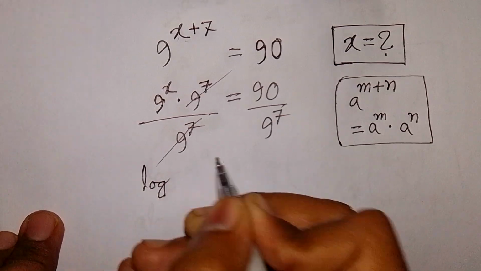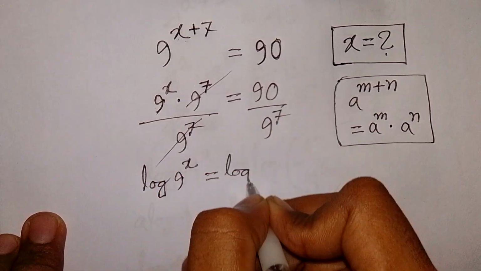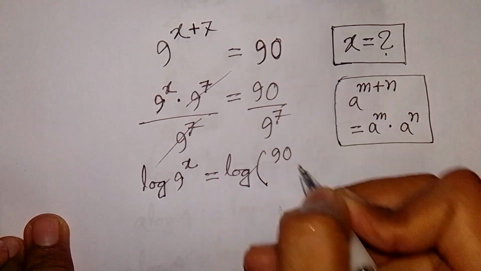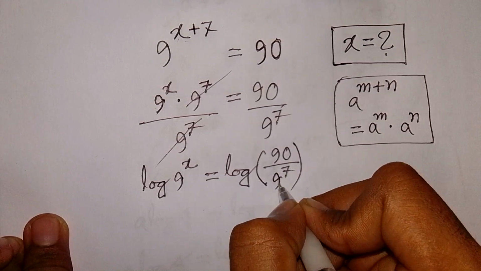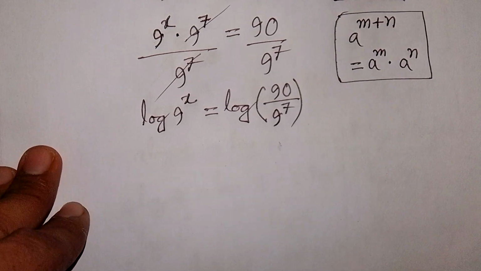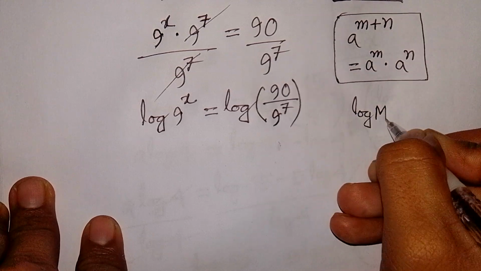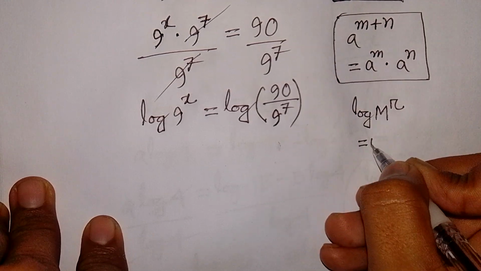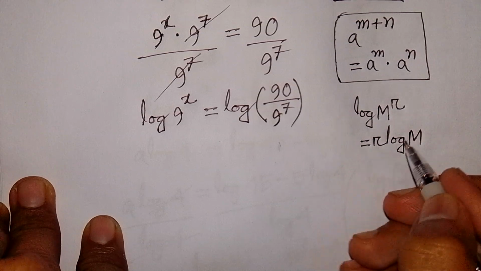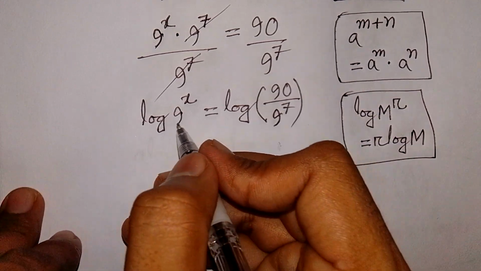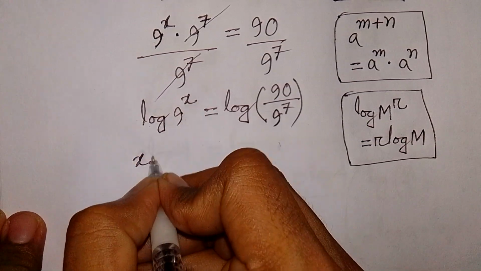Now we apply log on both sides. So log of 9 power x is equal to log of 90 over 9 power 7. Now here we apply the rule that log m power r is equal to r log m. This power moves to the base. So this power x will move to the base, so it can be written as x log 9